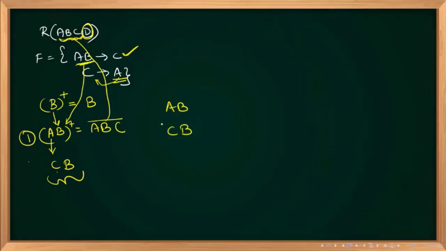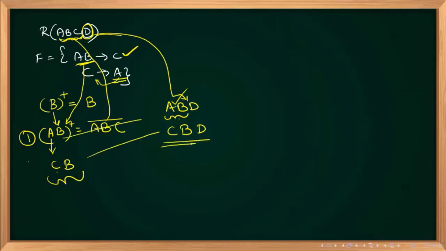If I add D, they become candidate keys. In GATE questions of this kind, AB is given as an option and ABD is also given as an option. Some people, with excitement, go directly and write AB as the answer, but it is not the answer. You have to add this D also. In both cases you have to add D. So there are two candidate keys, ABD and CBD. Very good. So I am going to the next question.